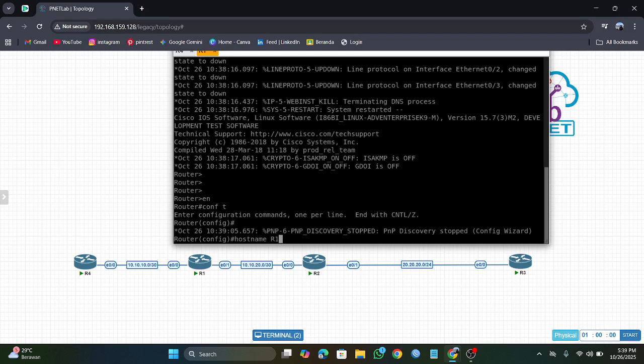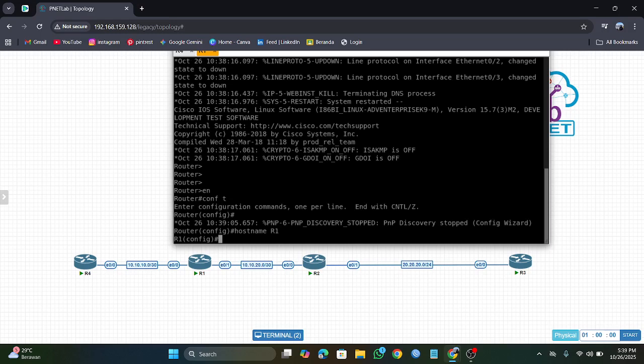After that, set the hostname as usual, which is router one, and you enter. Okay, router one. Then you set the IP address on a0/0 and a0/1.